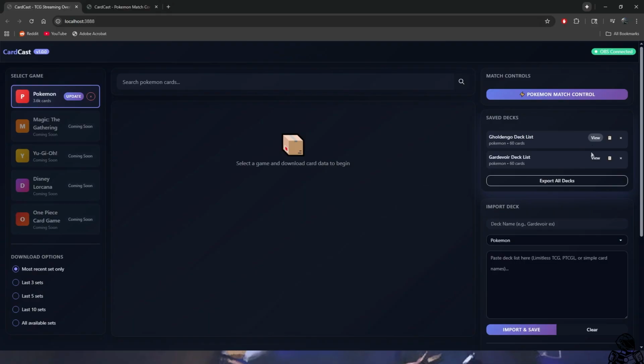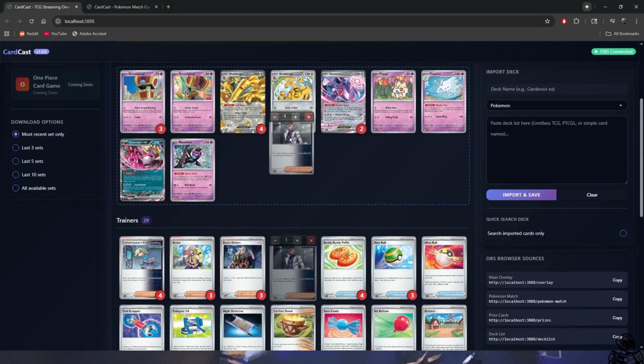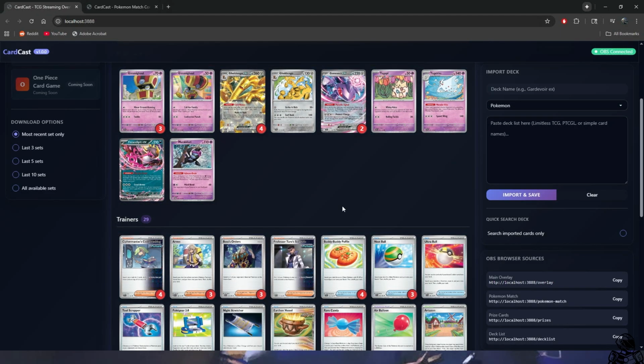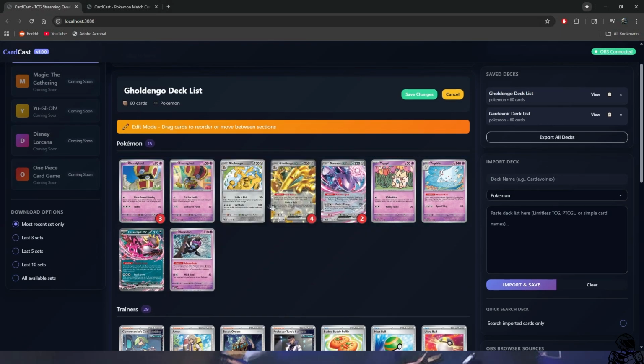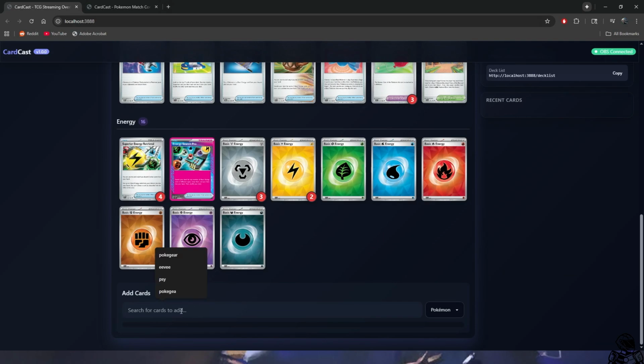I forgot to mention this before in the deck list importing, but once imported, you can actually edit the decks. It should function similar to other tools you've used. You can drag and drop any of the cards here, change the order as needed. You can remove cards, and you can also search to add cards. Click as needed,